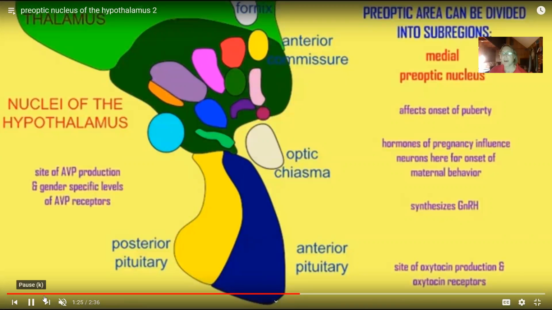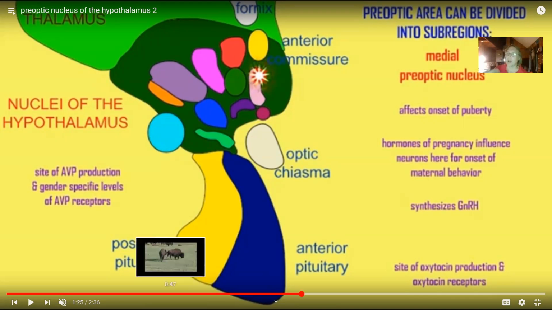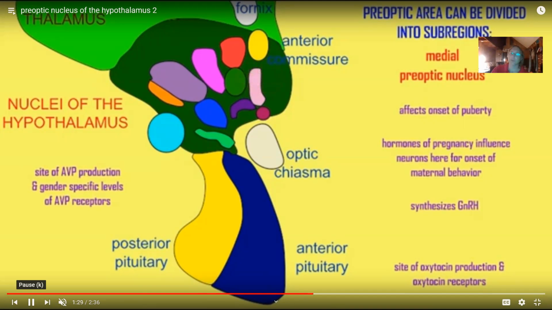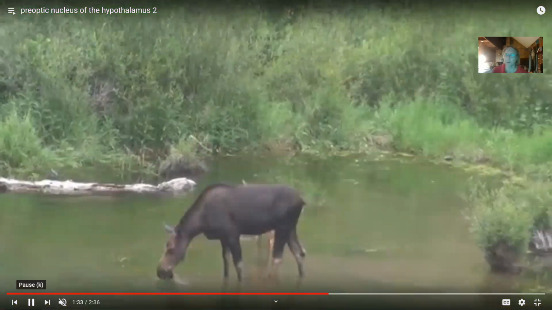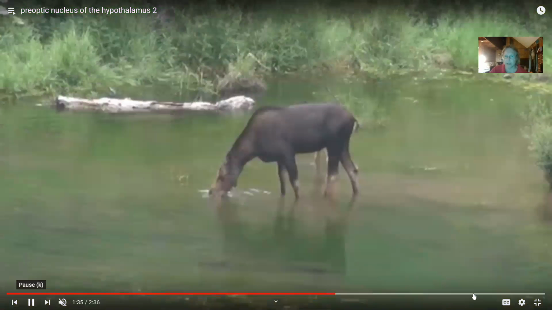And then these areas can make hormones which affect other tissues, such as the gonadotropin releasing hormone, which affects the ovaries and testes, and oxytocin. Oxytocin has lots of roles, from the contraction of uterine muscles to orgasm to the milk letdown. And so these areas of the